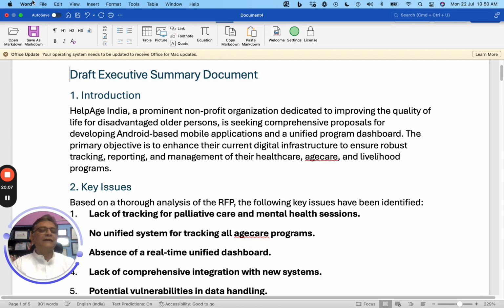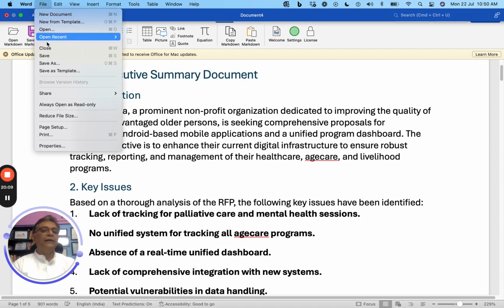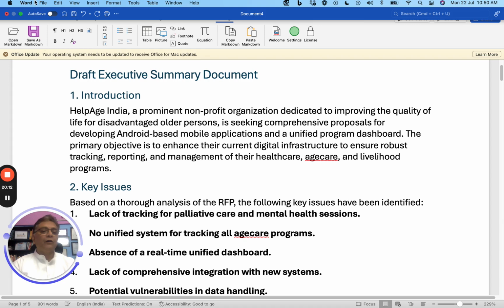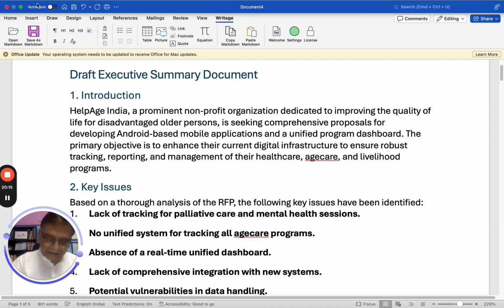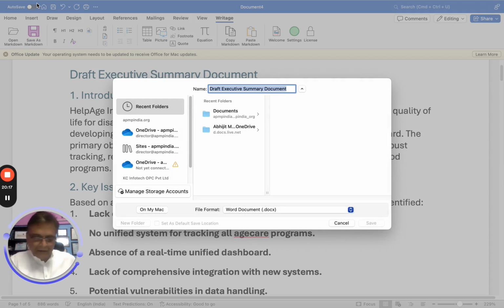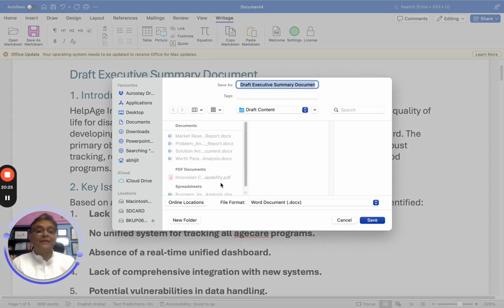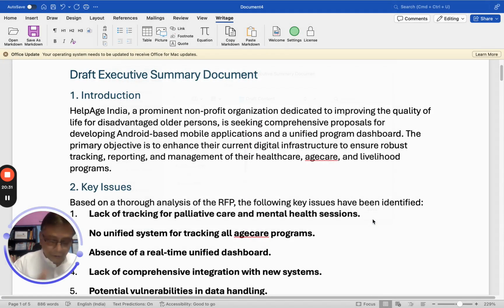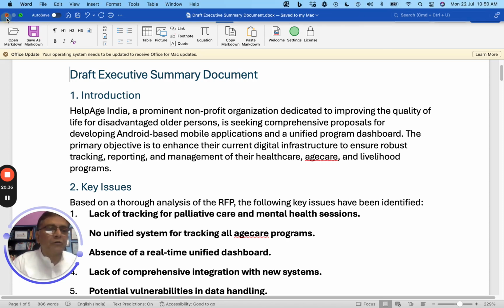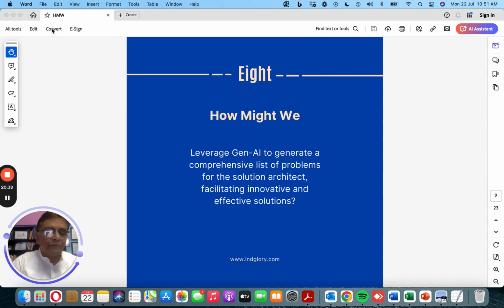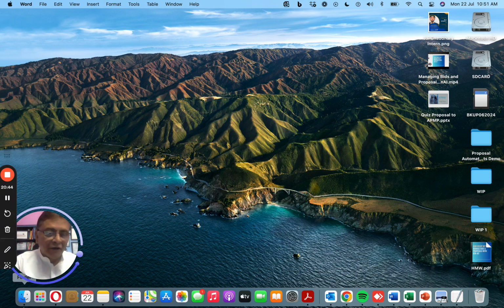So you are all set for your kickoff meeting, because now you have all the documents. You have the summary of the document. You have the summary of the RFP. You have done the need analysis. You have done the bid no bid analysis. You have the solution and architecture diagram, the document with you, and the draft executive summary. So with all these documents, you are ready for a very meaningful and insightful kickoff meeting, where you can